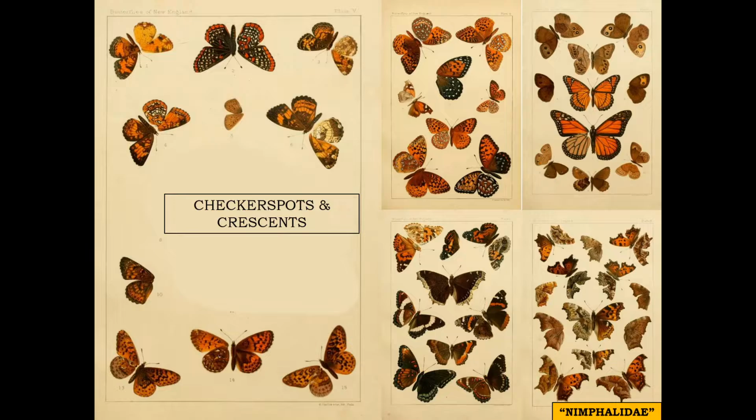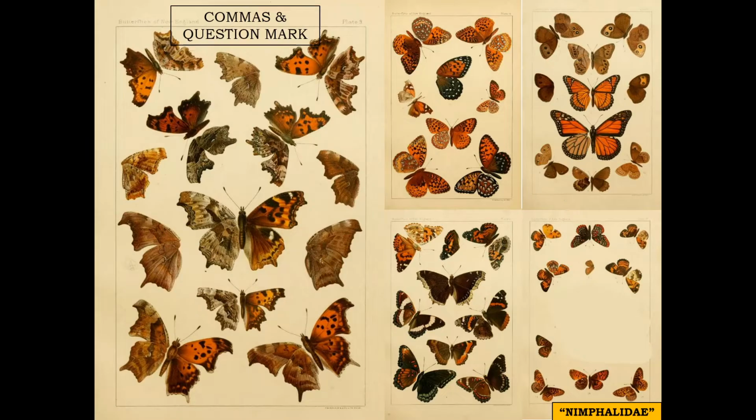And then you have in that same group the checkerspots and crescents, some of our most common butterflies. And I think down there in the bottom, you've got a meadow fritillary, the small fritillaries. You've got commas and question marks, the so-called angle wings, because their wings look like tattered leaf edges. And if you're wondering why they're called commas and question marks, it's because the little tiny white symbol